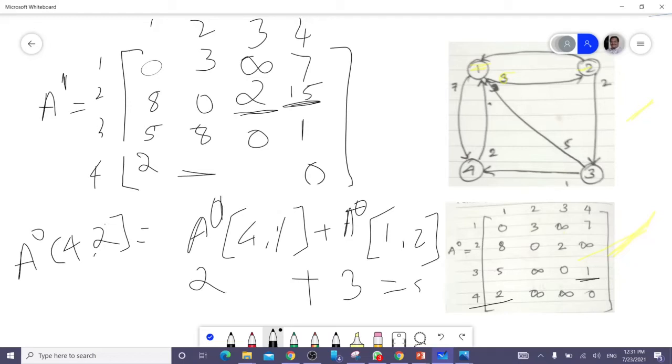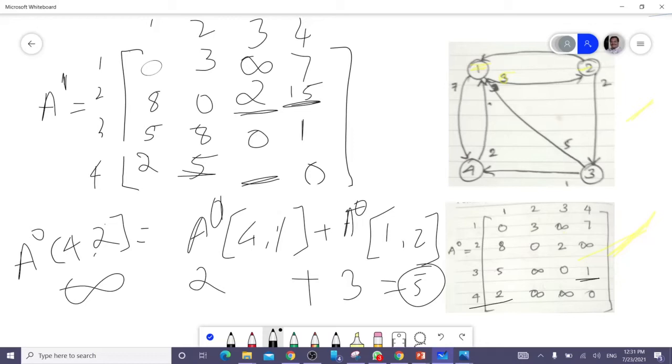So this is 5. But what about A0 of 4, 2? A0 of 4, 2 is infinity. So between 8 and 5, 5 is the shortest. You just write 5 in this place.